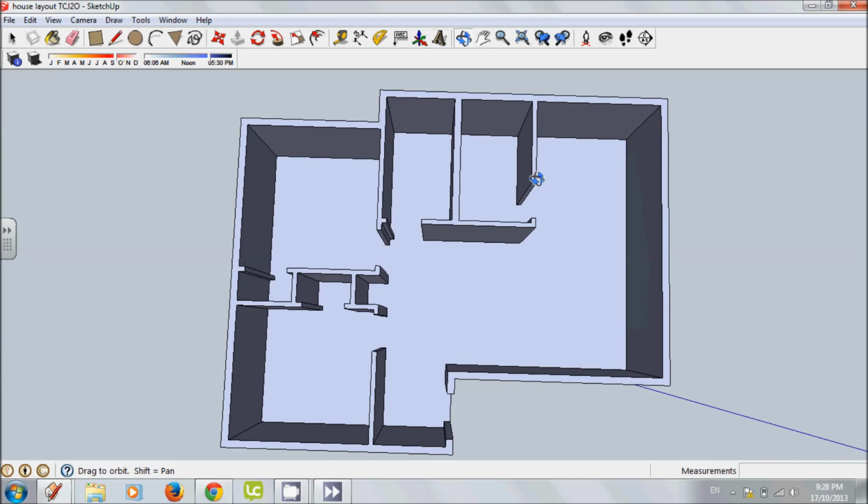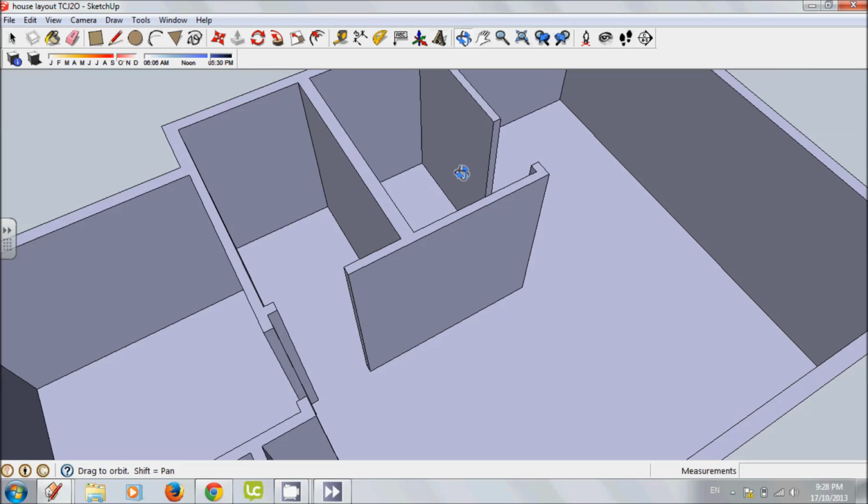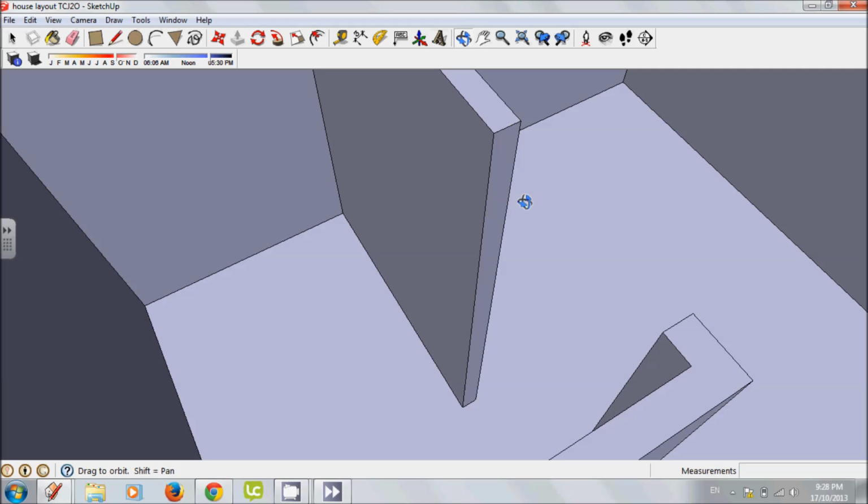So when we look at our doorways, in most houses, they don't go straight to the ceiling like that. They are set down from the top of the wall. And for the purposes of this, we're just going to bring them down. So we're going to grab our tape measure tool and we're going to measure down from the top of the wall 1 foot. So we have a 7-foot high door. And that's a little bit bigger than they normally are. Normally they're like an 80-inch door, but you've got your door jamb and you've got finished floor that goes in there. So for this purpose, we're just going to do it at 80 or 84 inches or 1 foot down